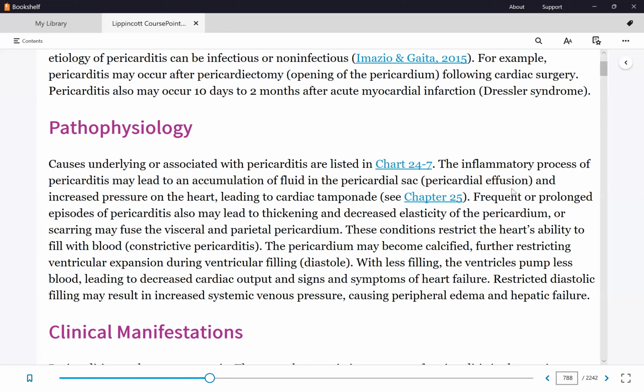Now, the problem with this is, will the heart stop beating if the sac around it is inflamed? No. It has no choice. The heart has to continue to beat. So let's put it as,